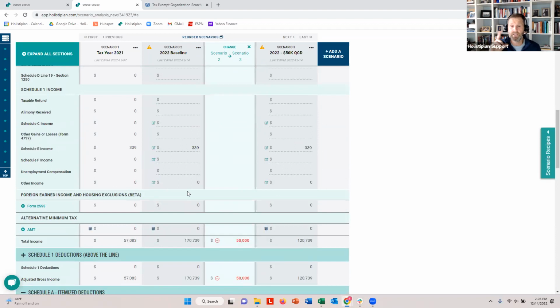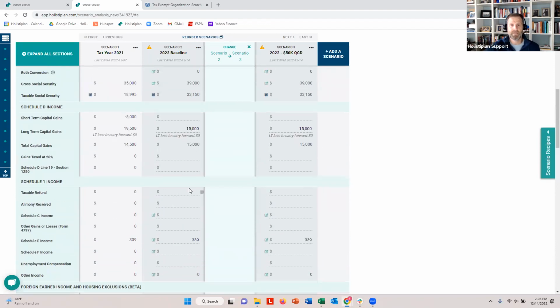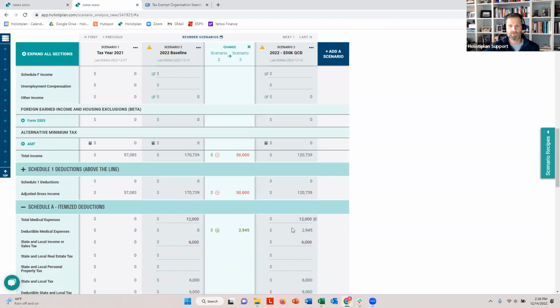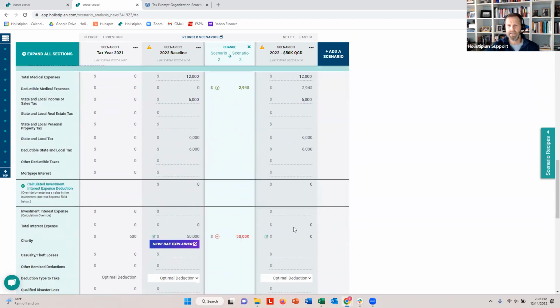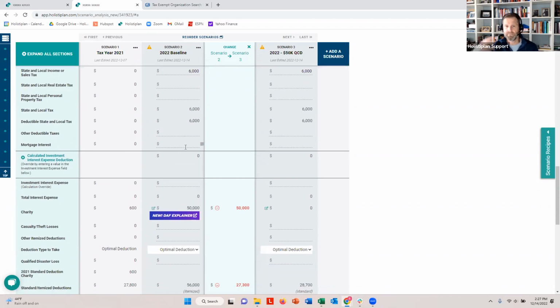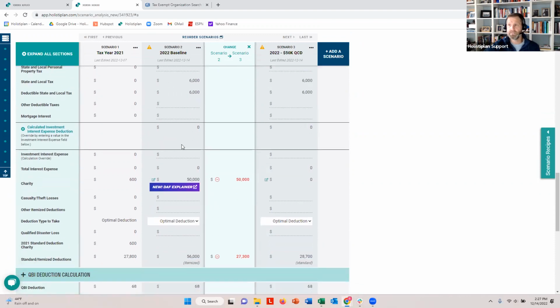Now, conceptually, why is that the case? So think about what's happening in my baseline scenario, or my QCD scenario. I'm not itemizing, but I'm not terribly far. What's deductible here? I've got, call that, $3,000 of deductible medical expenses and $6,000 of SALT taxes, so $9,000. Even over here on my baseline scenario, I actually only have $6,000 of itemizable deductions. What that means conceptually is that I still have between the $6,000 SALT tax and where my standard deduction is,